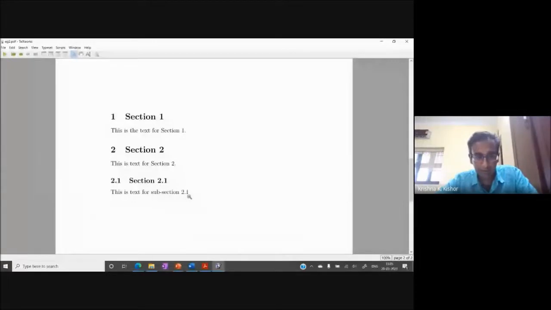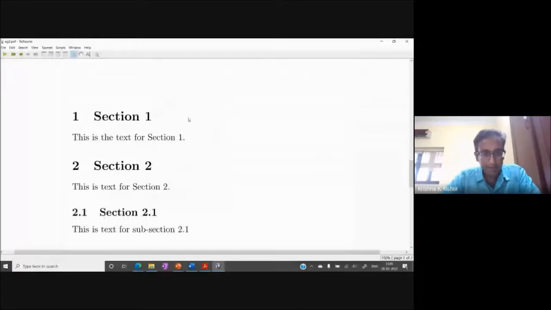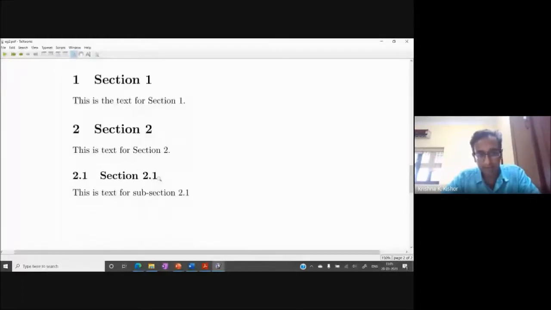Note that if you zoom in, the font size of subsection 2.1 is automatically smaller than the section. So we don't have to worry about all this. It's automatically taken care of.